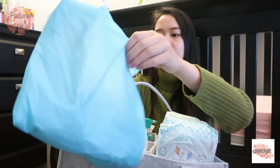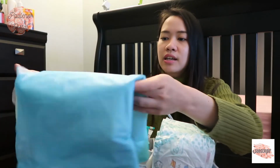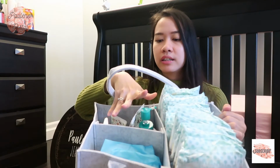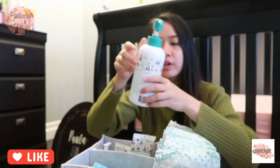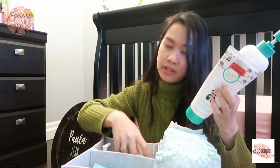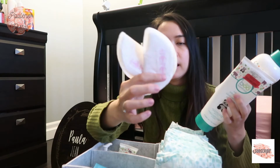and this disposable changing pad. I am a huge fan of this because you don't have to wash it if there's any accidents or spills, whatever. And on the other side are all the knickknacks and everything. I have her lotion because we bathe her on this level of the house. This one, an extra lotion. These are nursing pads,